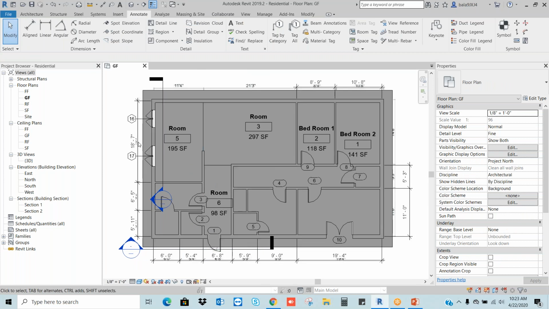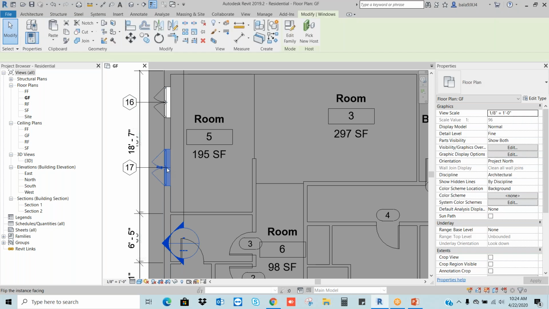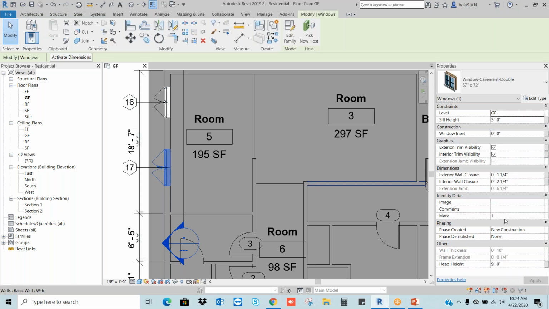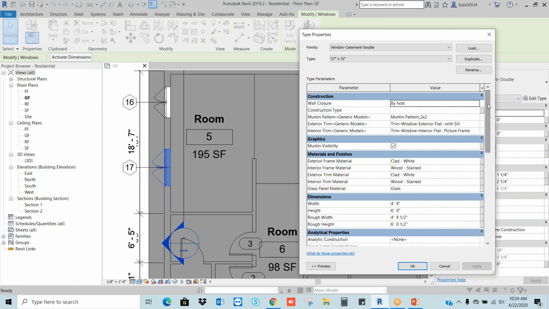Here, we need to identify from where we are getting the 17 and where we are getting the 16. When I select the window in the properties, I cannot see anything like 17 here. What do I do? I will go to Edit Type and check once again.